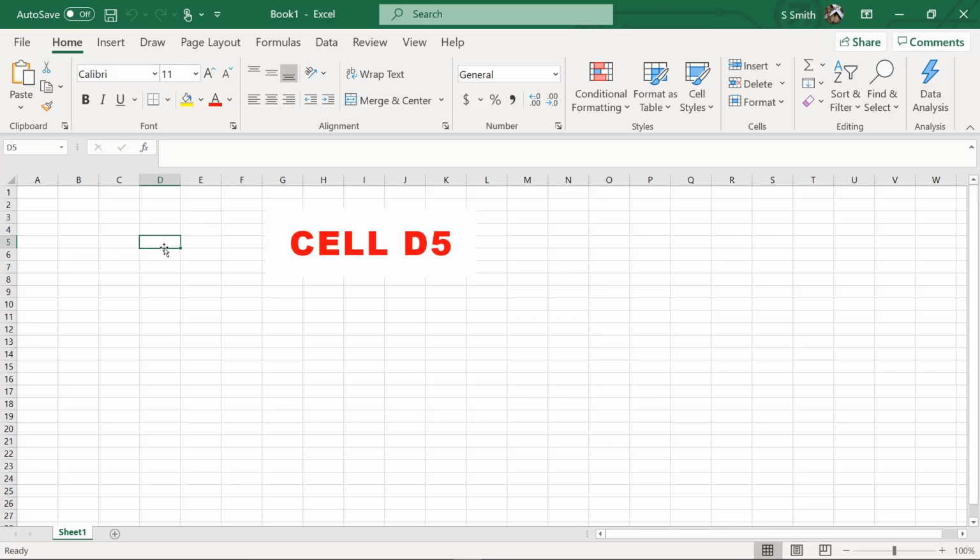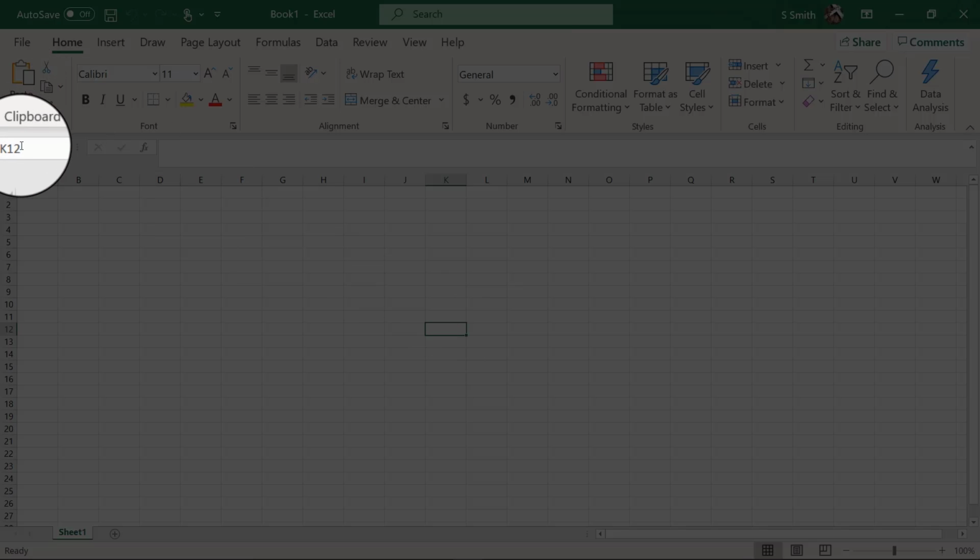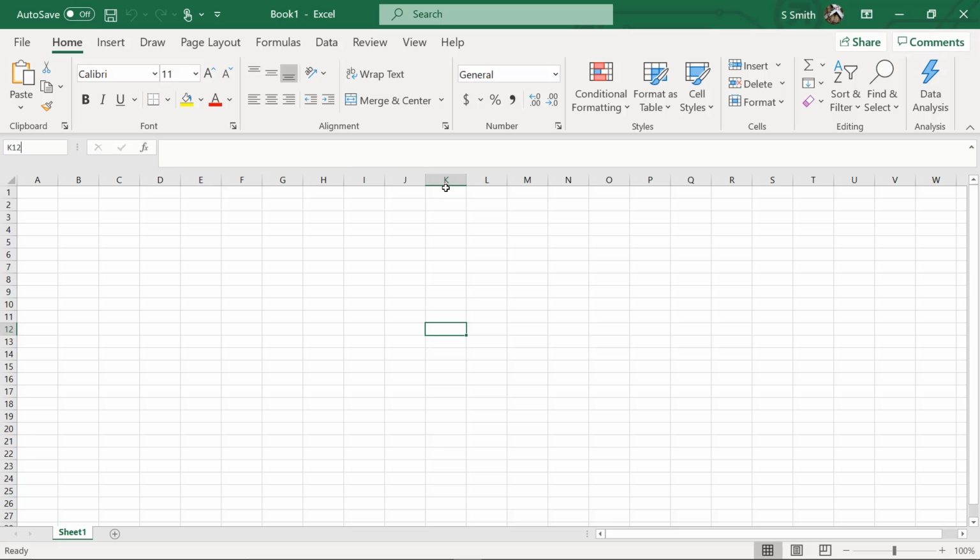If you've ever played the game Battleship, a cell is very similar to the kind of coordinates you would have in that game. If you ever click somewhere and you want to know what cell you're in, like here, you can find this out in one of two ways. First, you can go to the top left and see the K12, or you can just look and see that the K has been grayed out and the 12 has been grayed out, and you can tell where you are in the spreadsheet. So that's what a cell is.